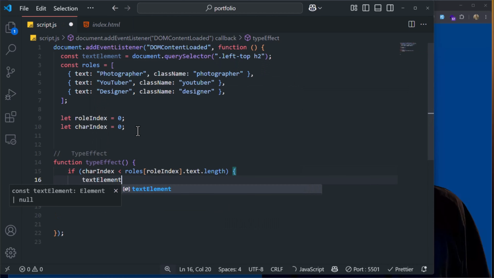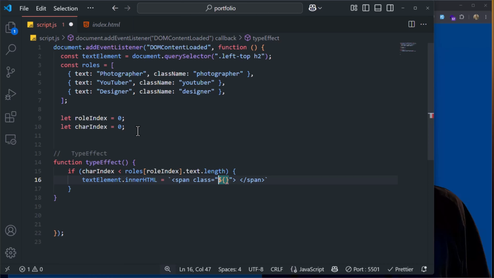The text element inner HTML should be equal to, we're going to create a span here, and let me close up the span. Now this span should definitely have a class, so we're going to have to add a class name here. We're going to use the $ sign because I use backticks here. Be careful, you can add backticks